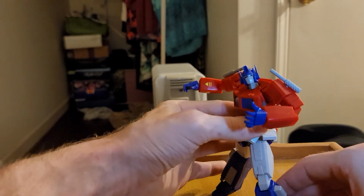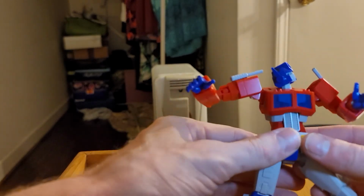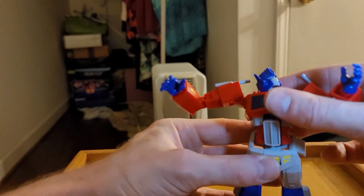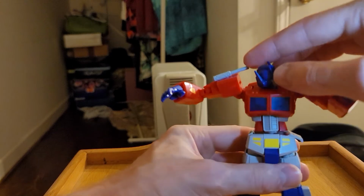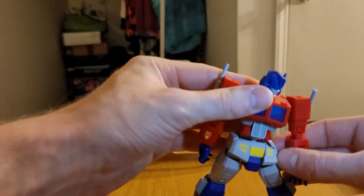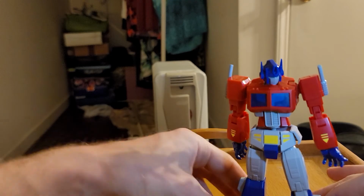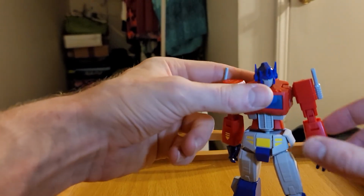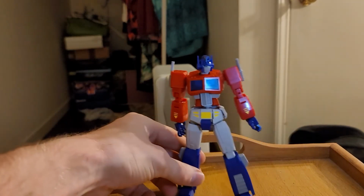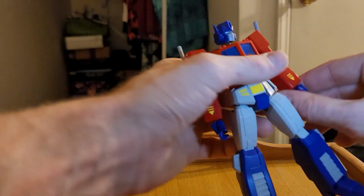Now you'll also notice the leg goes backwards, and that's so that he can get one of those anime style poses where he's kind of leaning forward and he's got his crotch out. And this does the same thing as the G40, as I was saying. What the G40 does is, if you just put him in the box, okay, that's stupid, but he kind of poses himself sometimes. If you're trying to give him just a standard thing, that looks like a pose. Maybe not the best pose, but